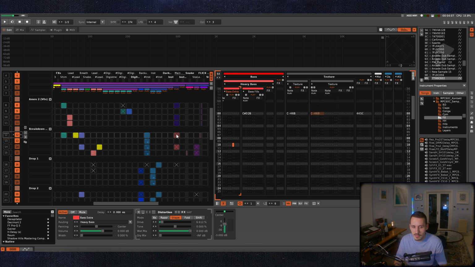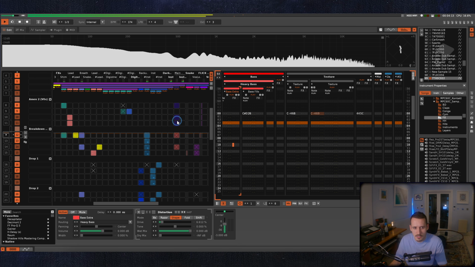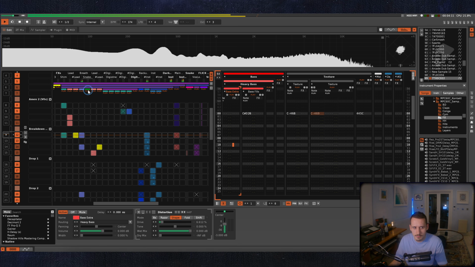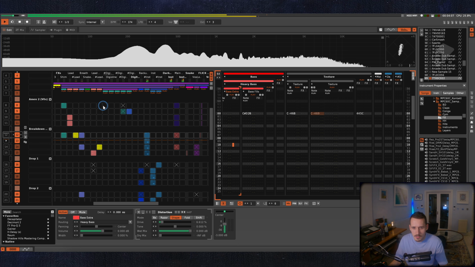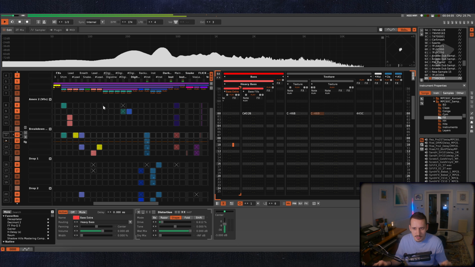So I have one set of textures going in the intro sections, but when I change the vibe of the track a little bit in these more eerie breakdown sections before the drop, I have to change the textures to go with whatever else is happening in the track. So here I've started to use loads of snake noises and just eerie slithering.